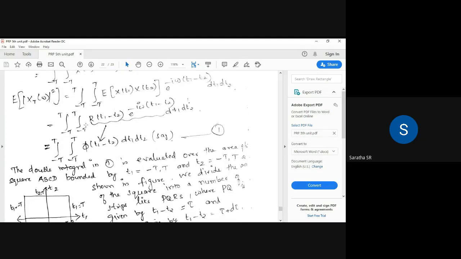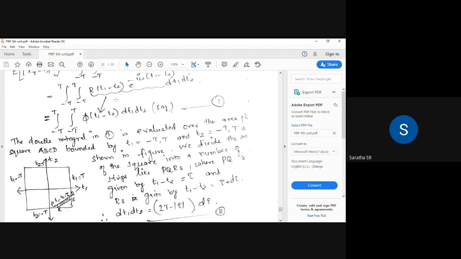So here we are representing this function as the characteristic function. Otherwise, you can take it like this. We are doing the integration purpose only. We are interchanging the name as pi of t1 minus t2. We are doing the change of order of integration, which we already studied in first year itself. So we have to evaluate this integral.